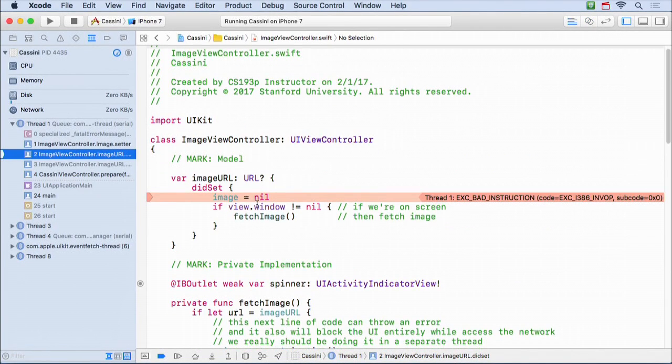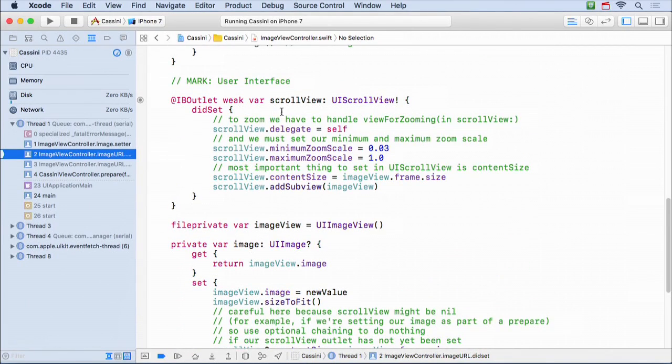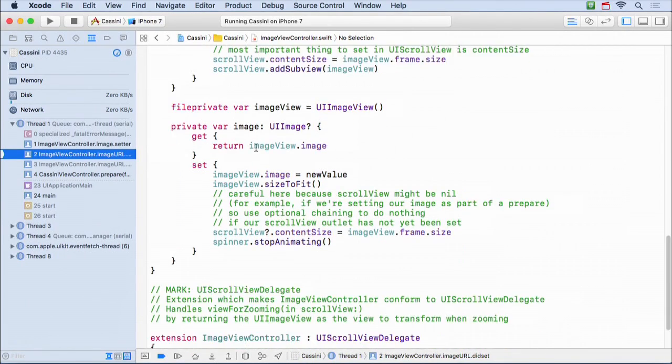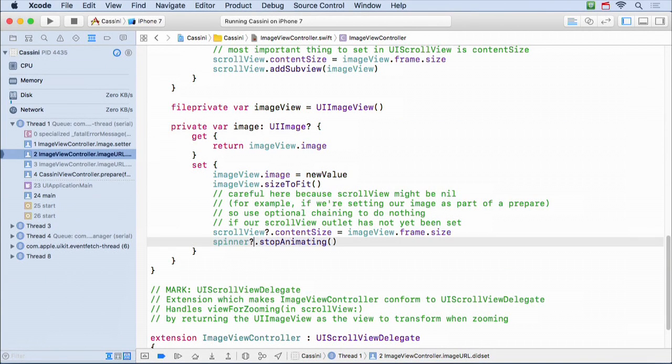And the answer here is that when I set this image, I was in prepare. Okay? And when I'm in prepare, my outlets are not set. So I need to optional chain that right there. Okay, so this crash, you'll get it yourself a lot, where you prepare something and crash.